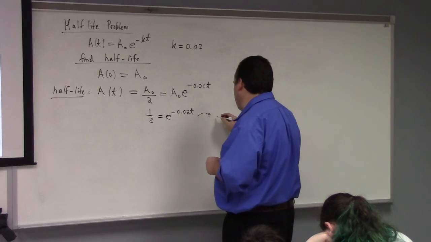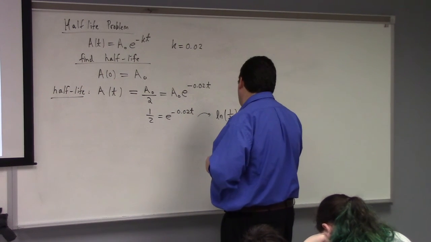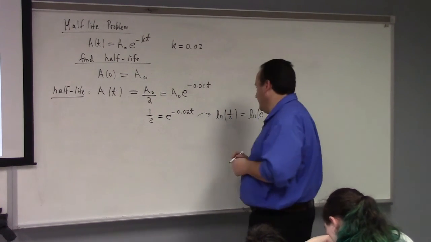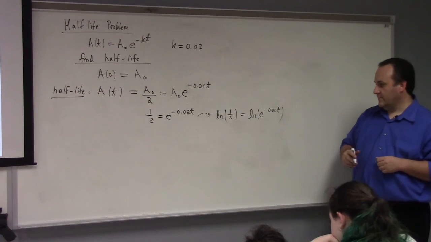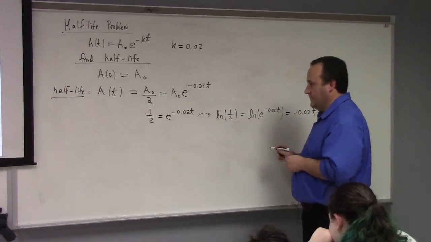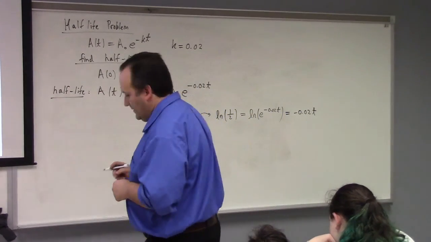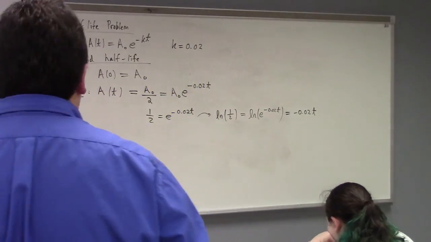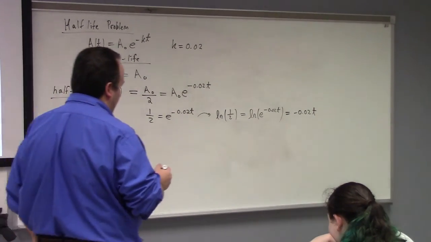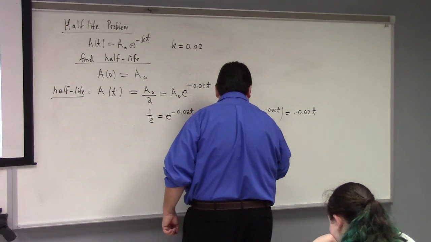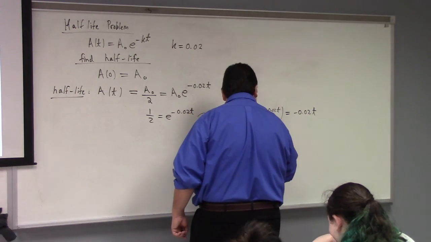Okay, so I take the natural log of both sides. What happens? We get minus 0.02t over here. And then what? Oh, sorry to the people who weren't here, I never went back to the projector screen, my bad. So then I solve for t. T equals the natural log of 1/2 divided by minus 0.02,